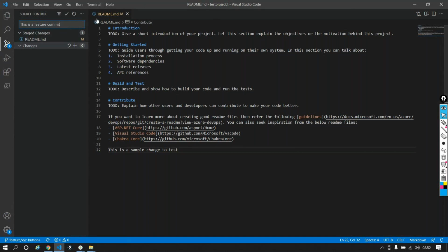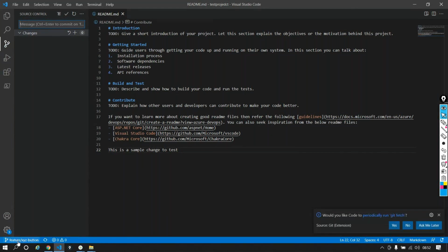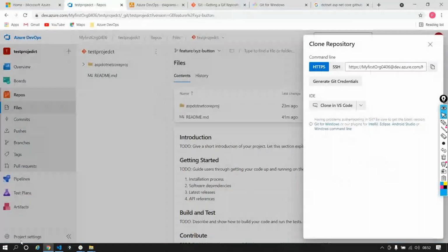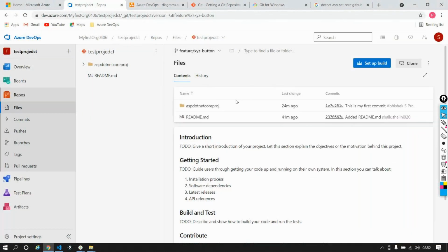I'll enter this commit message and then do a push. So now you are pushing not on the develop, not on the main. You are now pushing basically on something known as a feature branch. So now if you look at your feature branch, give a refresh to your feature branch, and if you look at this out here,